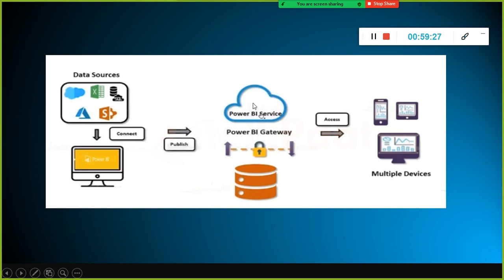Fine, I hosted the dashboard report on the cloud, and now my manager complains to me: you have uploaded the daily sales report, but it shows yesterday's sales only. Today's sales is not refreshed. That's where you have something called the BI gateway. With this, we can refresh the data in the report on a daily basis, weekly basis.